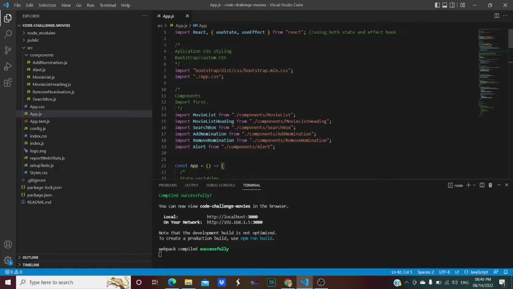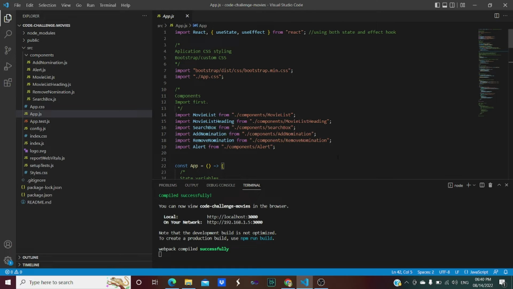If user clicks on remove button, we need to remove that movie from the nomination list, and we also need to disable that particular nominate button once that movie is nominated. So these are the main features of this application. So for that purpose, this is the main JS file.